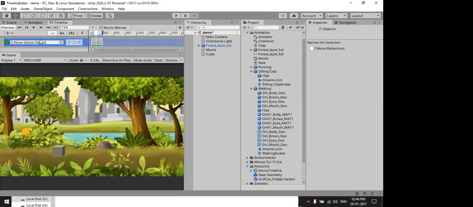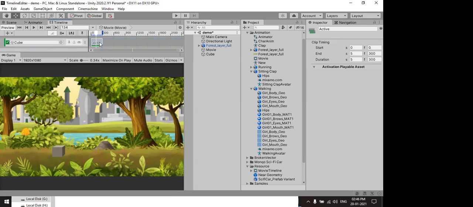Here your game object will be there. Whatever game object you have to activate and deactivate, just drag and drop it. Next, you create your activation clip, where you can activate your object. Just move the clip. Up to this area your game object will be deactivated.